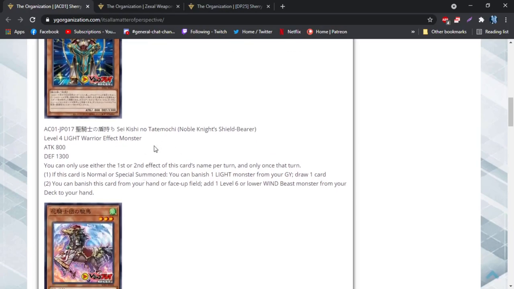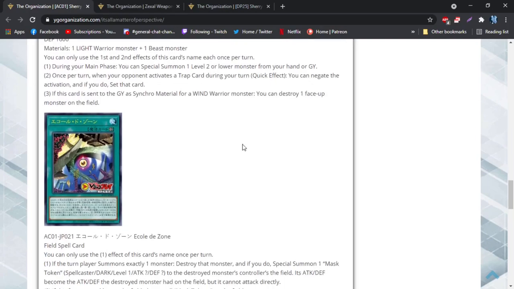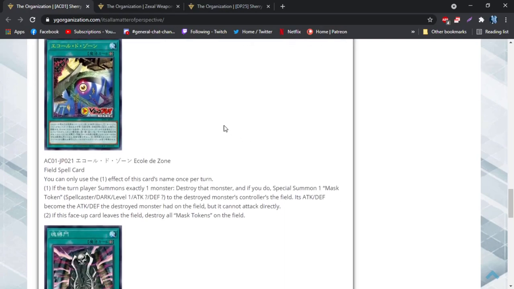Also, this is searchable through Rhoda as well. So, you can have, like, 4 copies in your deck. So that's pretty cool. Next up is her field spell,